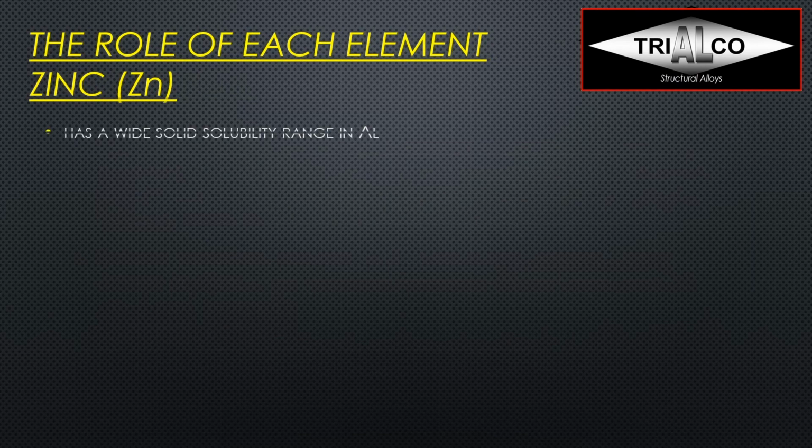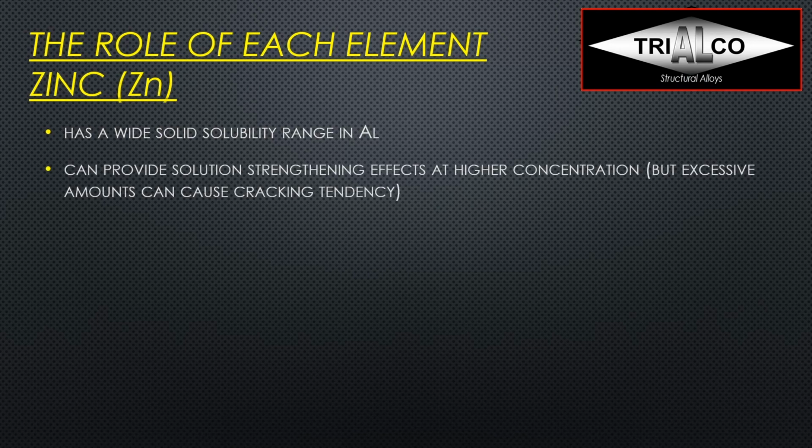Now let's have a look at zinc as an alloying element, as we can find it in the 700 series alloys. Zinc actually has a very wide solid solubility range in aluminum. It can provide solution strengthening effects at higher concentration, but excessive amounts are actually not really good and cause cracking. And we see this sometimes, for example, in an A380